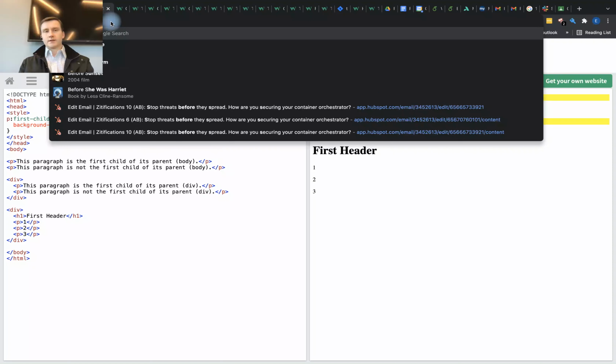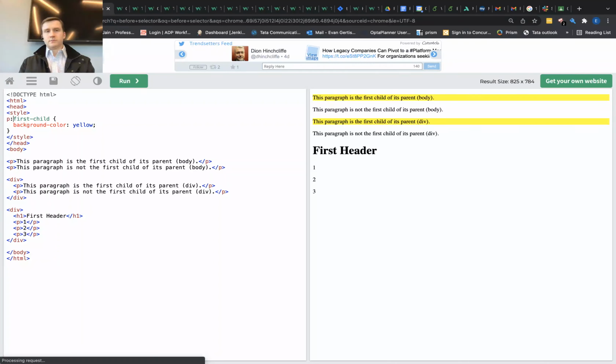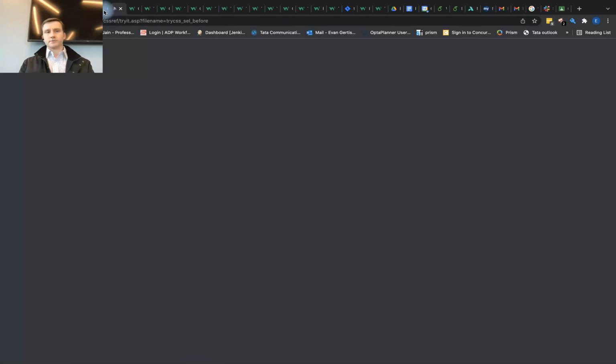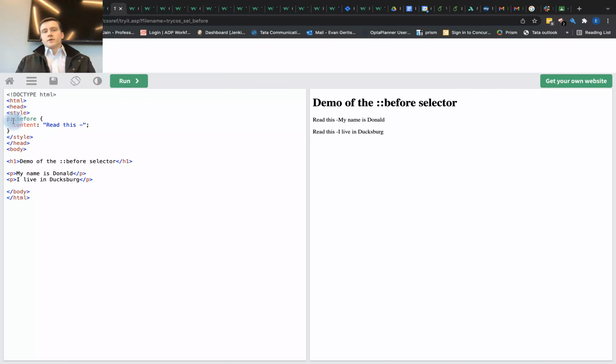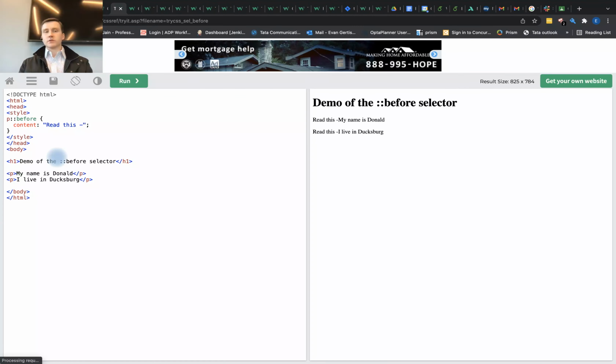There we go, the before selector. Could just be a link in here. All right, let's go ahead and try this. So we have our paragraph, and then we have our selector, and we have our content property. So our paragraph is listed here, and we have "my name is Donald," and then we're adding the value "read this" before the paragraph. So if we change this to after,